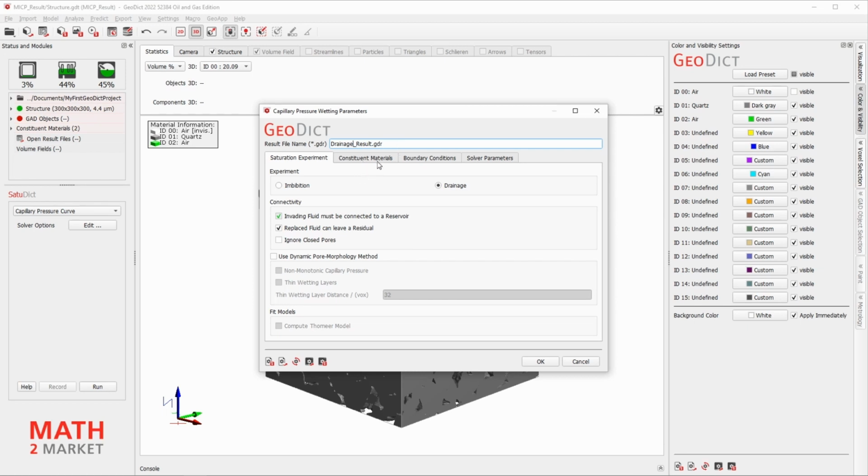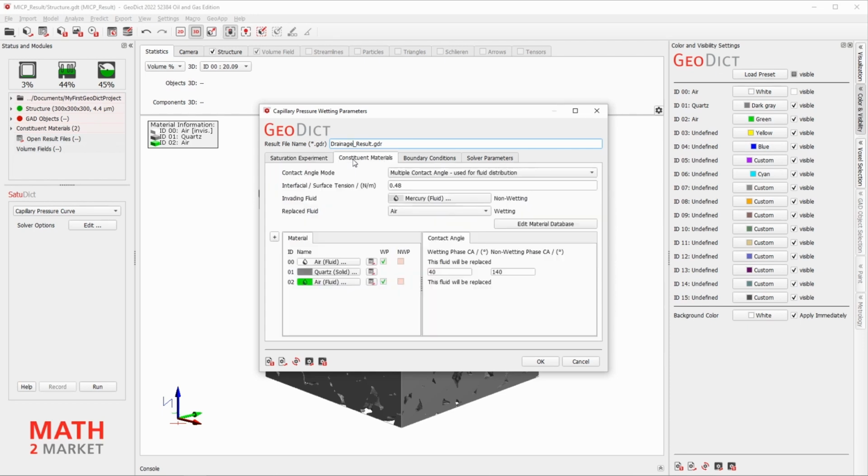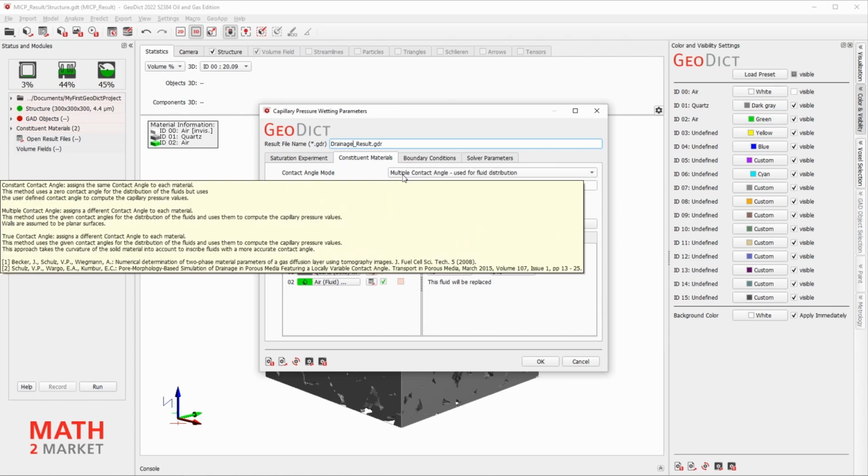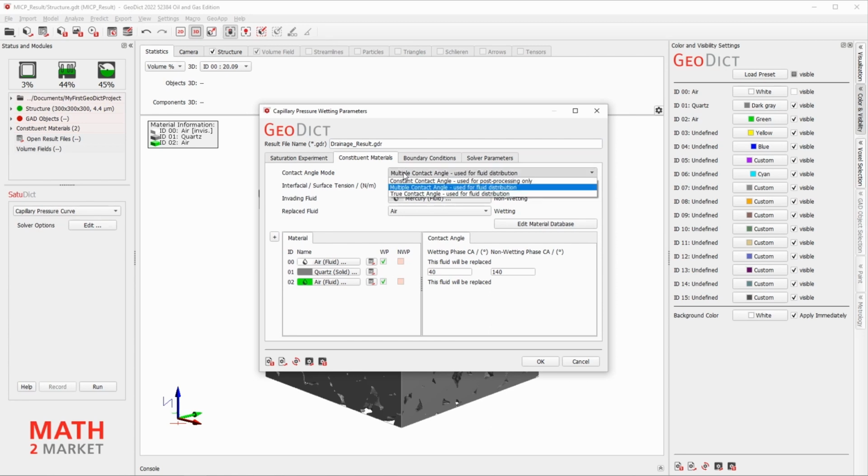To have a look at the included constituent materials, select Constituent Materials from the tab. In GeoDict 2022, you are enabled to use the True Contact Angle method.